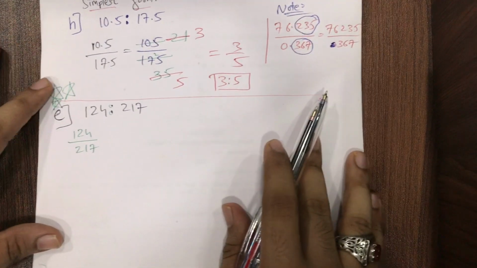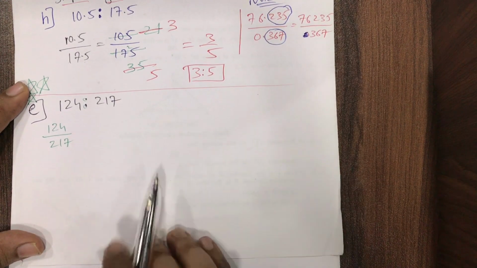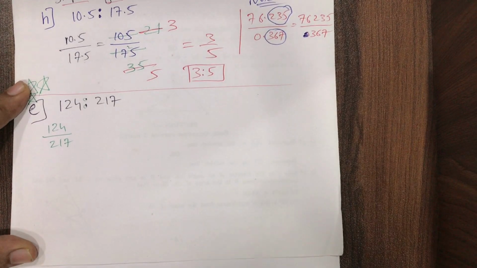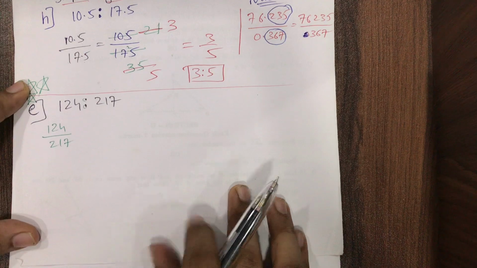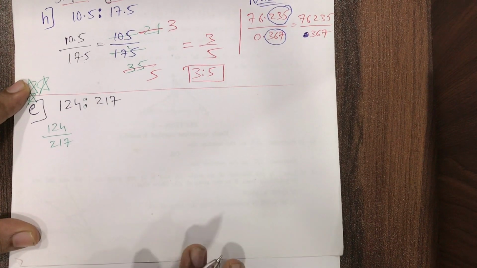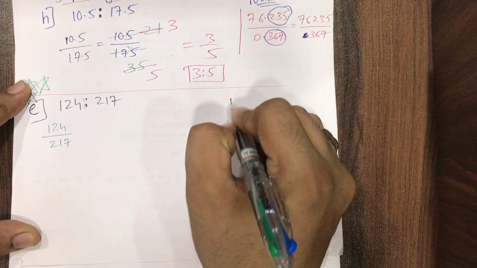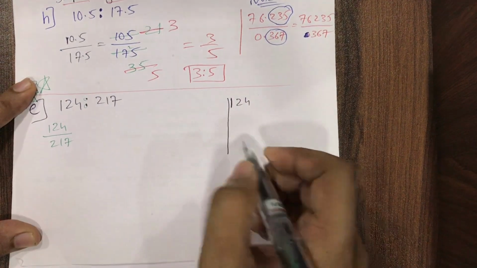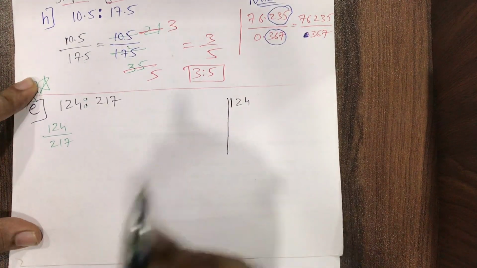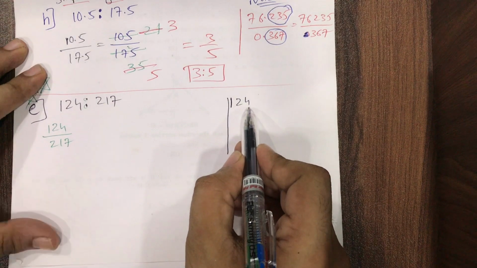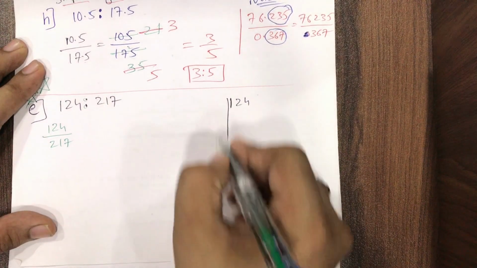See what I'm doing. See the rough work what I'm doing. When I say it's rough work, it does not mean that you will do it on the last page. You will do it on the right hand side. Okay, it's rough work but very important work. So 124, I'll write 124 here as it is. Can I say it can go with 2 times table? So I'm just finding the factors of 124.